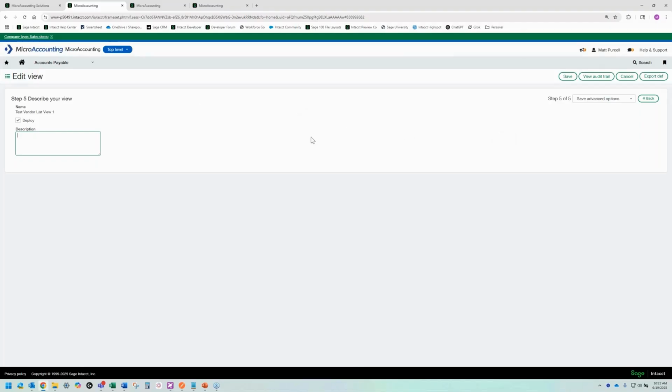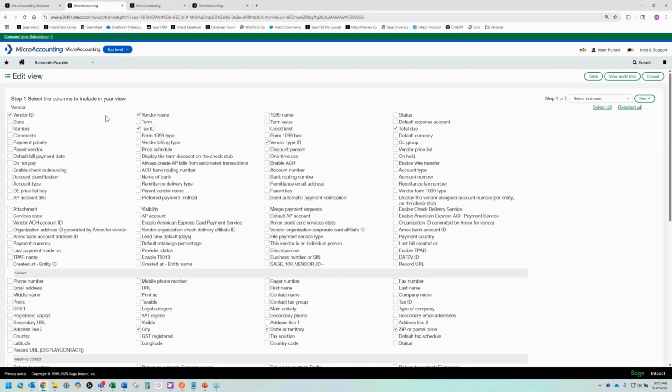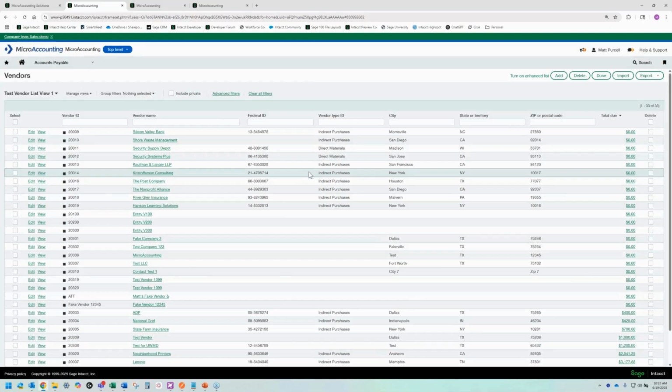Once you have everything set up in here and you want to save this and make it available, all you have to do is click this save button, and it'll pop you right back out to your vendor's list view, automatically showing you this custom view. Again, if I want to edit this, all I have to do is click this manage views drop down and then click the edit button. Then I can always come back in here and add more fields if I need to, or remove fields, or change my column sequence, filters, sorting, anything like that. All I have to do is make those updates and click save, and they will immediately take effect.